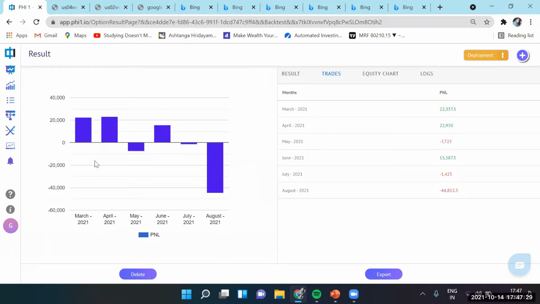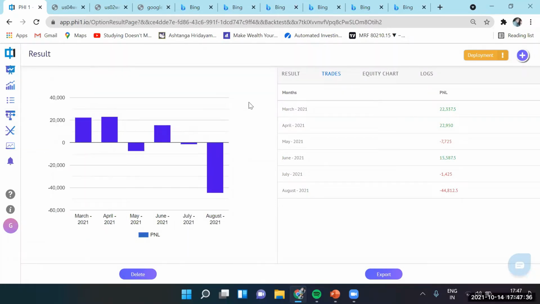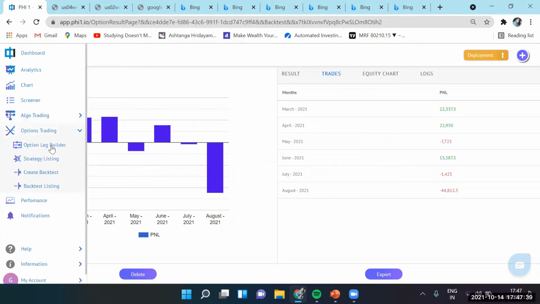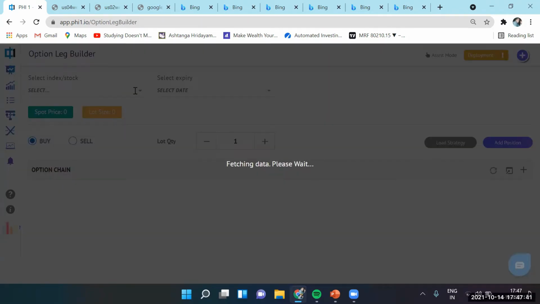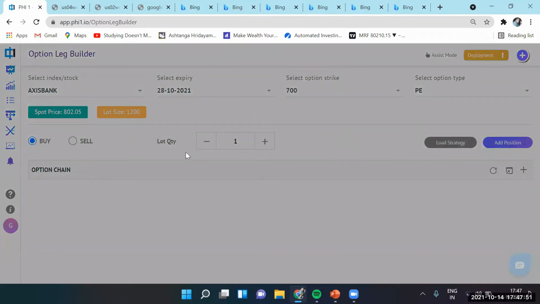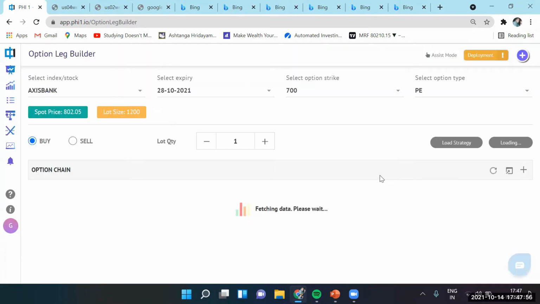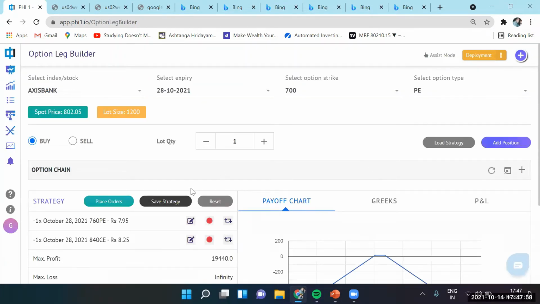All right. So see, it's so easy. You construct it on one instrument. You are able to backtest it on any set of instruments, and even run it live on any set of instruments. So let's do an example of that. Again, I just load it. I know most of the time the premium is good enough for me to collect. So I load my short strangle strategy for any symbol.